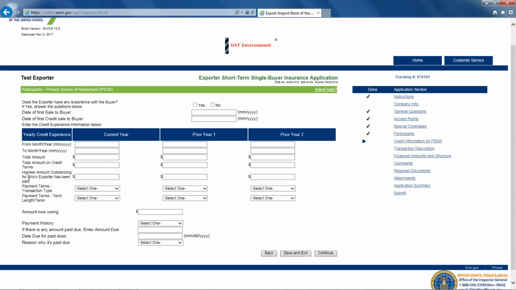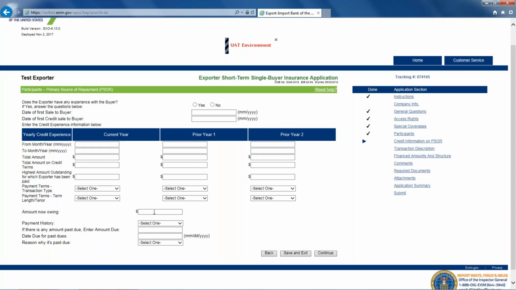The next question, highest amount outstanding for which exporter has been paid. And here, what they're asking is the highest single dollar amount that was ever outstanding and paid at one point in time. Next question is asking you for the payment terms of the transactions. Typically open account, not necessarily. The payment terms, tenor, and you can select those.